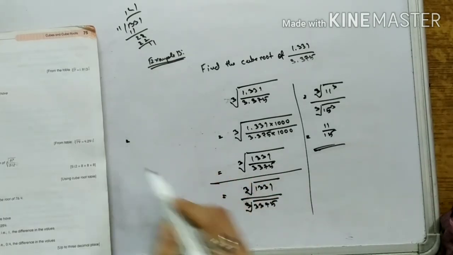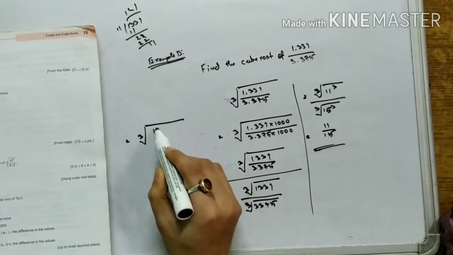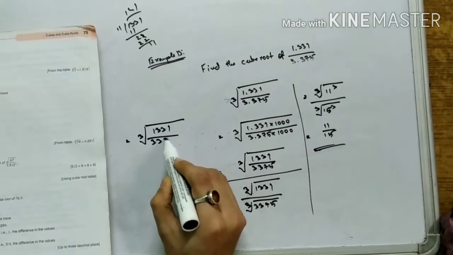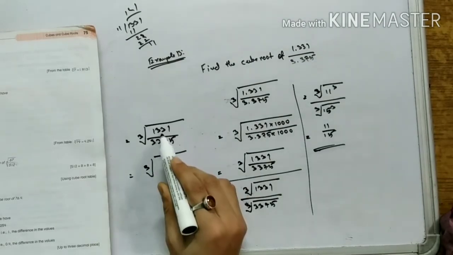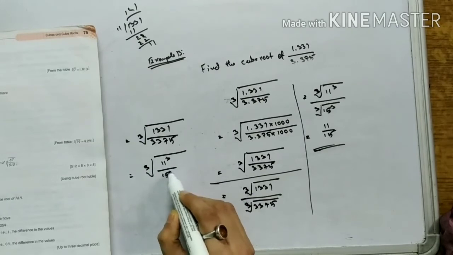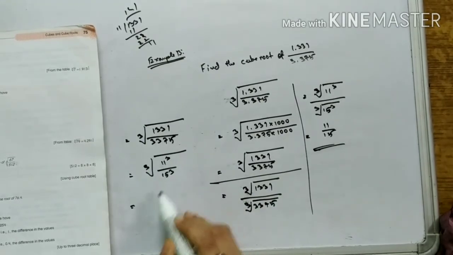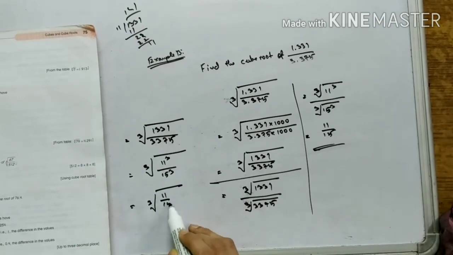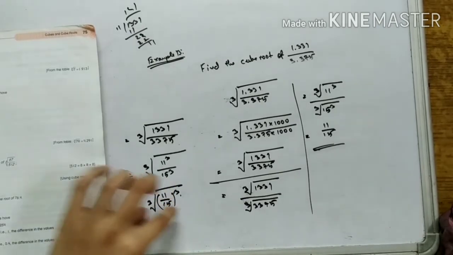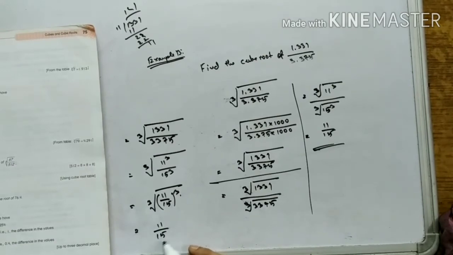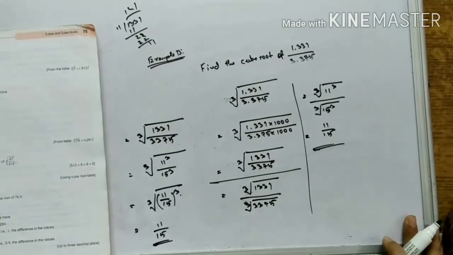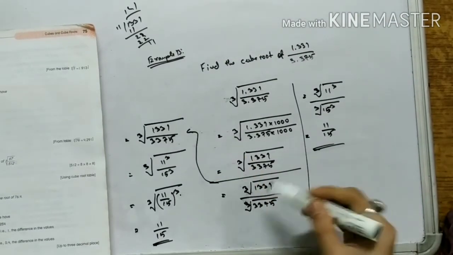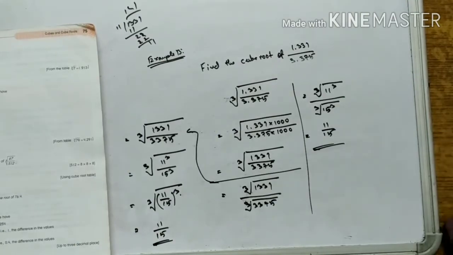Okay, let me show you in here. Another method you see. This one, cube root of 1331 by 3375. Yes, this one we are getting. So now this one, cube root of, this one I know is 11 cube, and this one I know it is 15 cube. So 11 cube by 15 cube, this one I can write as 11 by 15 the whole cube. So now again you see cube and cube root cancel out, and I will get 11 by 15. So in this way also you can do. Understand? It is your choice. Next again you see